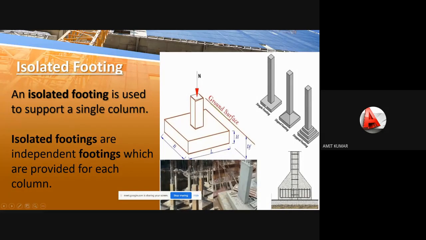Okay, and we have many footing shapes also, like you are seeing here. The first one is the simple footing, here it is the sloped footing, and here it is the stepped footing. We also call the stepped footing the pedestal footing. Here you are seeing the total pedestals. This isolated footing is one of the most popular and simplest types of foundation used worldwide, and it is used to support a single column. You are seeing it in the picture also.